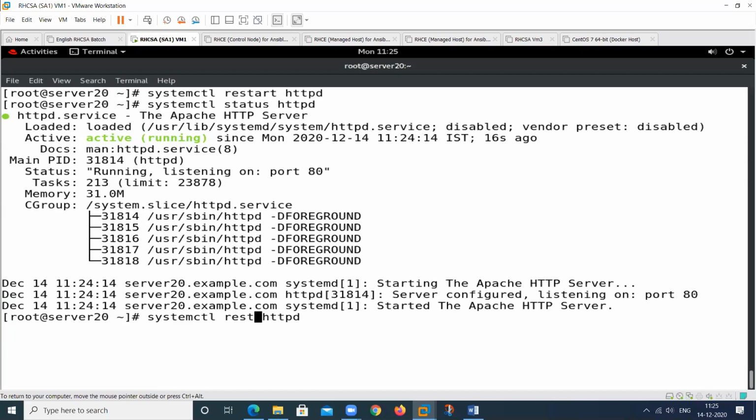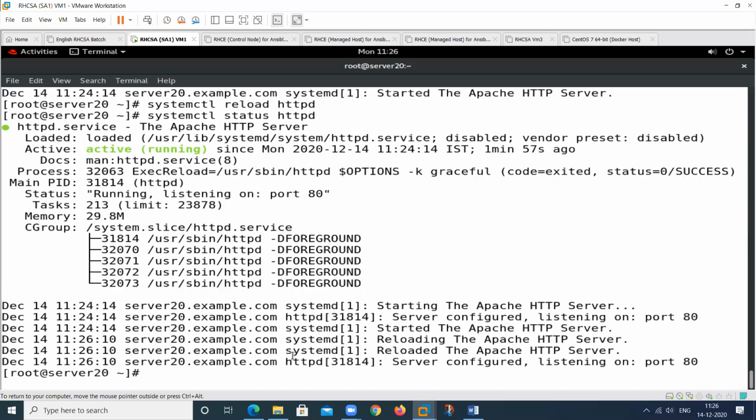Reload. See, what is the process ID? 31814, 15, sorry, 14, 15, 16, 17, 18 in a sequence. See, all things will be same.